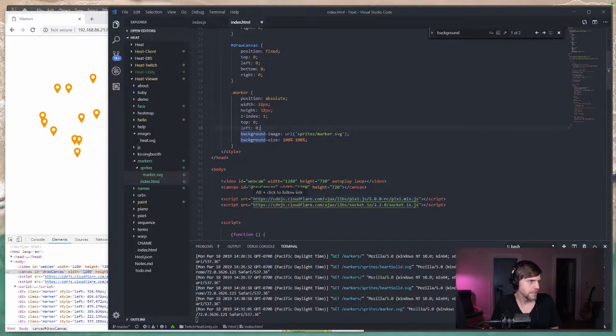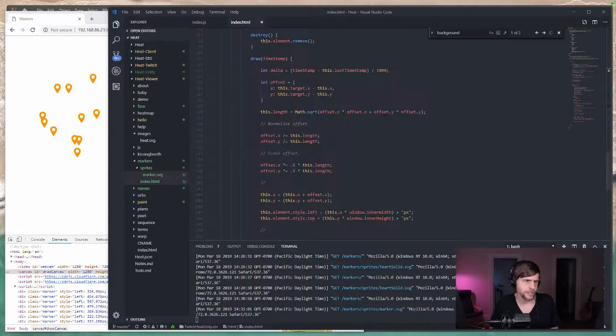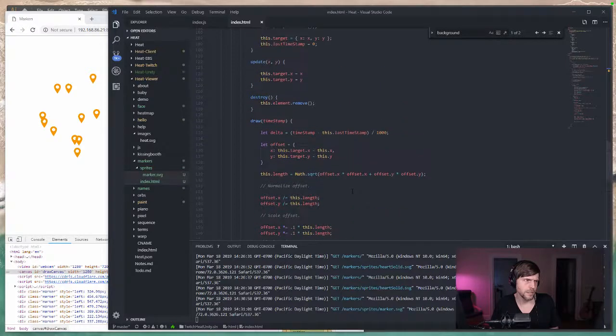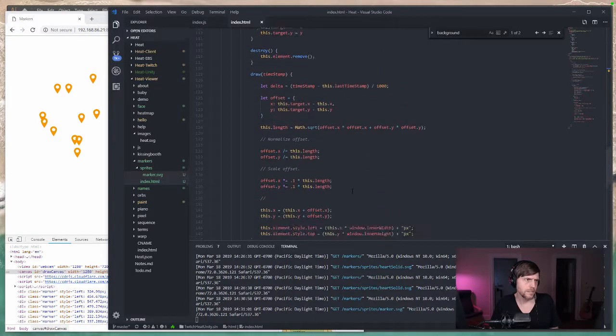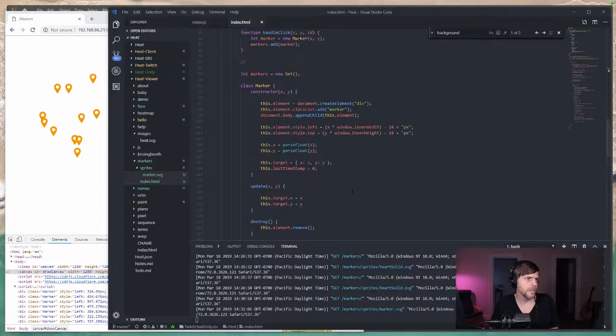So what did we do here? We did 32, 32, and then when we offset them, we probably aren't doing this correctly at all. Let's draw minus 16. So from the height,